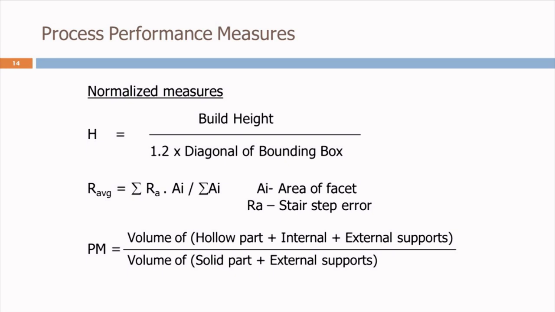And third is the percentage utilization of the material, which tells you the volume of the hollow divided by the volume of the solid part. You may need the support structure, you may not, as I said, based upon the type of the process. If you need support structures, then you will have the volume of internal support structures and the volume of external support structures, and the solid also needs external support structures. If you are hollowing the part, you need internal support structures just like a roof, otherwise it will just collapse. So you need to build certain internal support structures right at the time of process planning, and that's what has been attempted in the whole process.